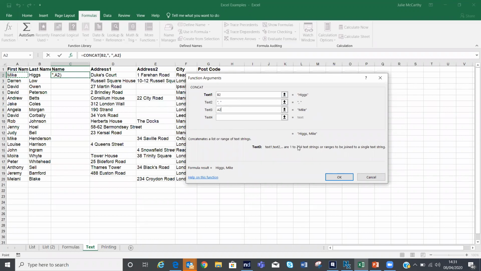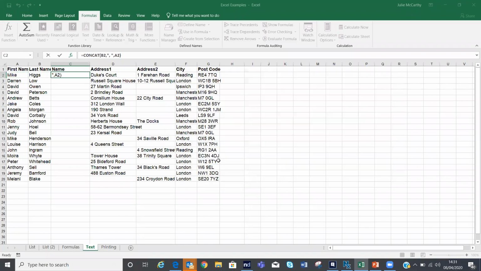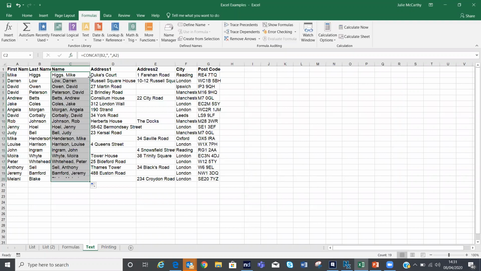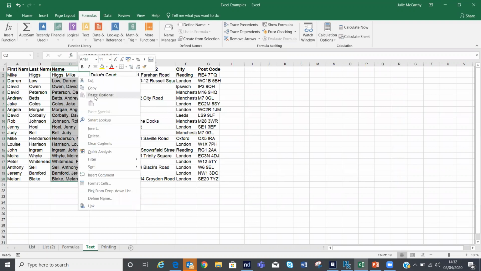Now, it would keep going on. It tells me I could string 254 pieces of information together. I just want to do 3. I'm quite happy with that. I can see my result here. So when I click on OK, I get the 2 strung together. Again, I can double click, copy that down. They're all done. If I don't want the formula in there anymore,